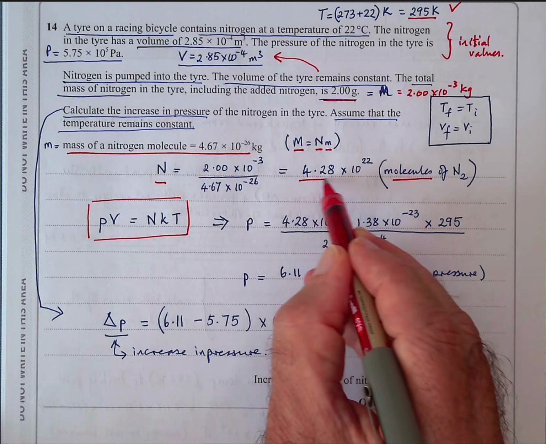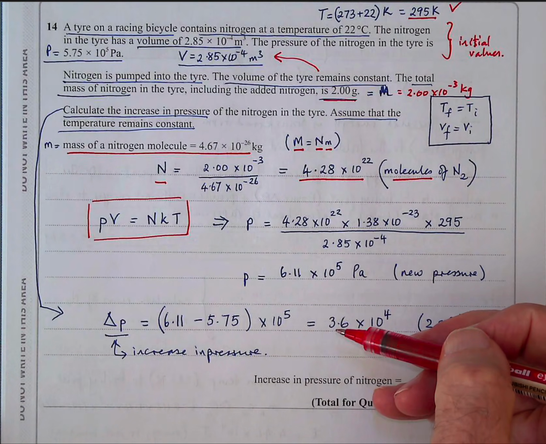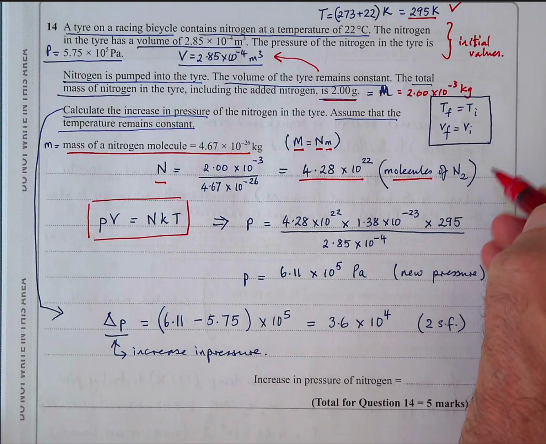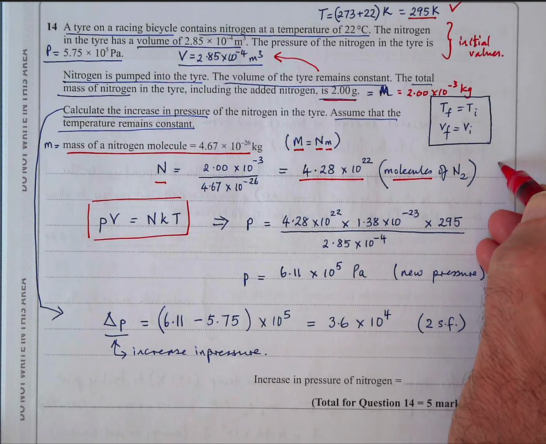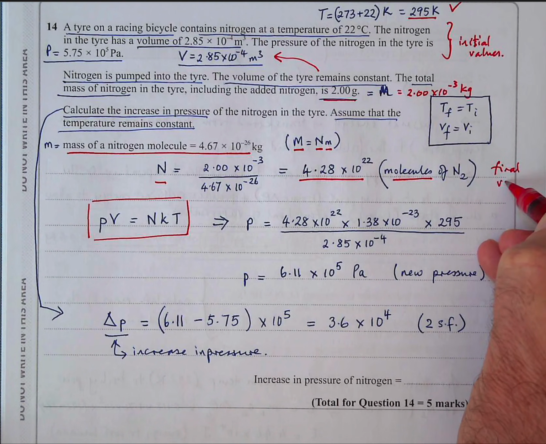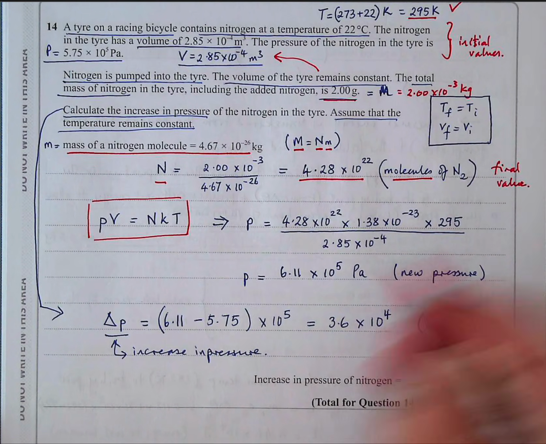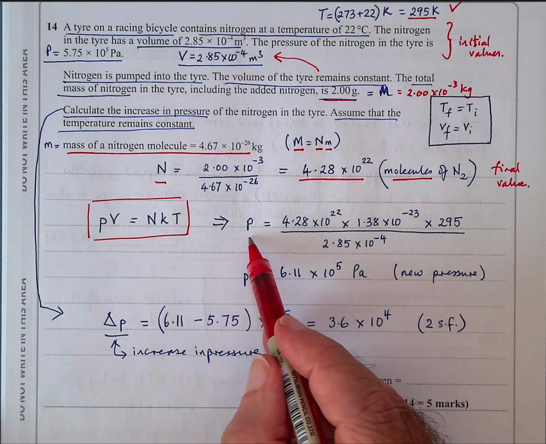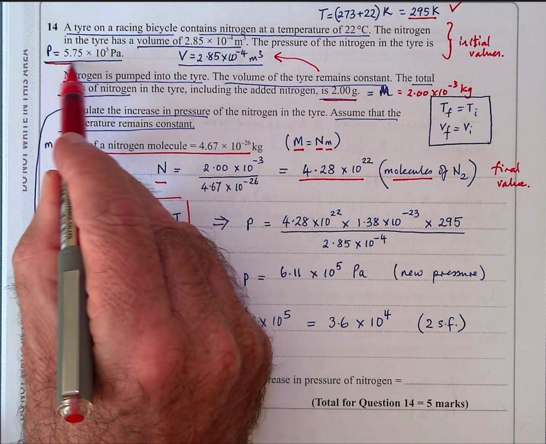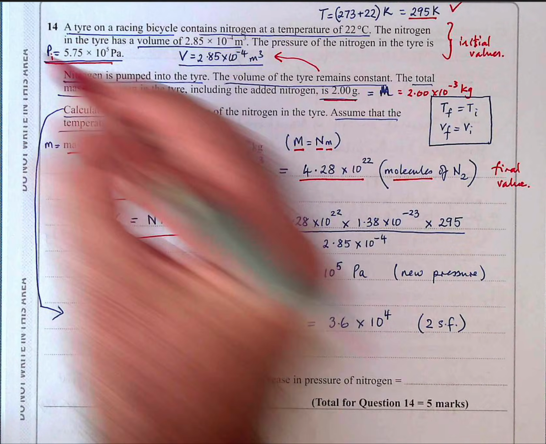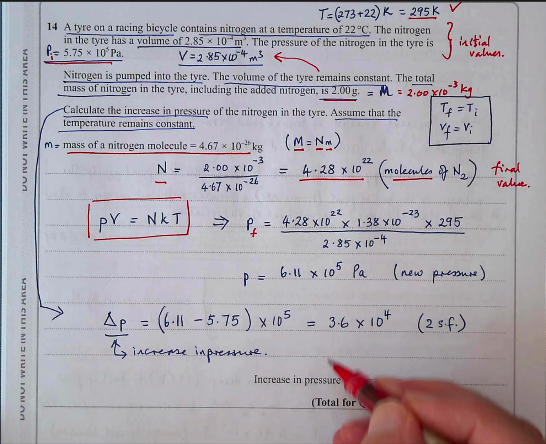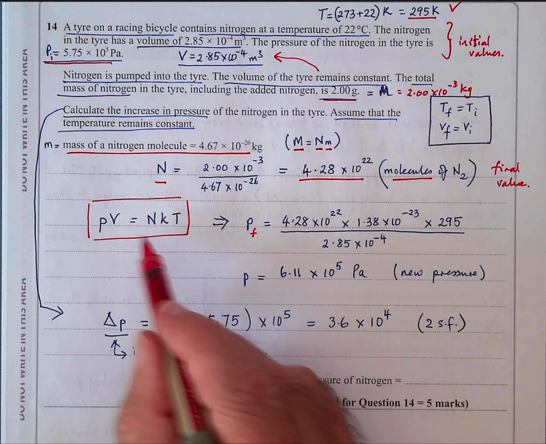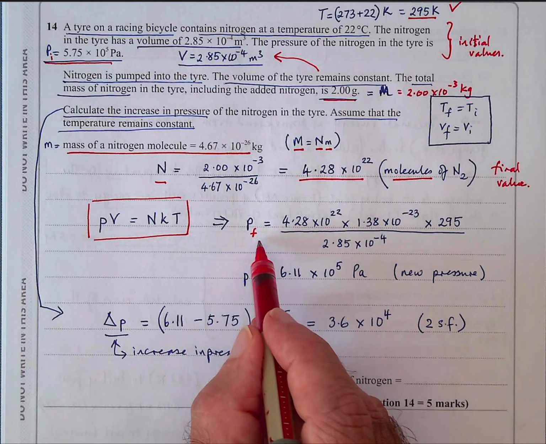That tells you how many nitrogen molecules there are in the final situation. So these are the final values rather than initial. So we know PV equals NkT. We want to work out the final pressure because we already know the initial pressure. So the initial pressure is that. We want to work out the final pressure. Once we know the final pressure, we know the volume hasn't changed. So I've put P as